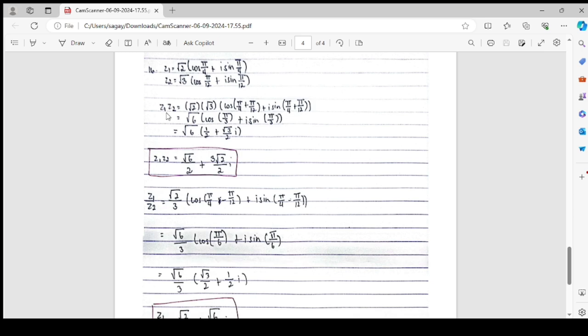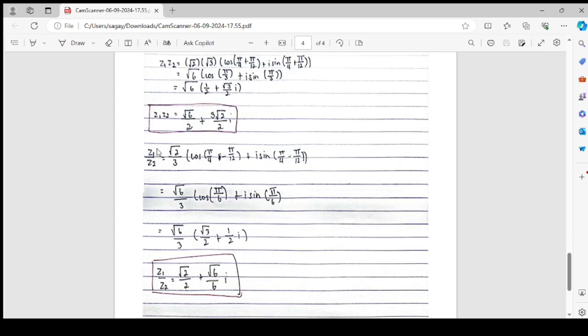Then we will get the square root of 6. If we simplify, the square root of 6, 1 over 2, this is going to be the simplest form, then 1 over 2 plus square root of 3 over 2 plus i. We move the i on the right side again. And the final answer on the product of number 16 is z1 z2 is equal to the square root of 6 over 2 plus 3 square root of 2 all over 2 i. Then finally we will get